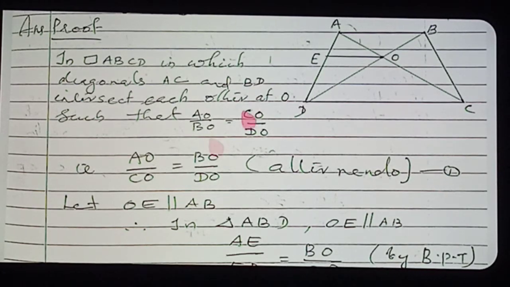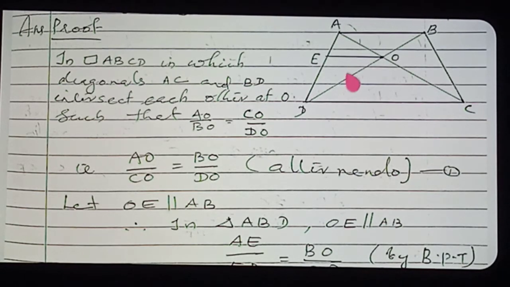Now listen. Suppose OE is parallel to AB only, you are considering. So then what will we prove? We will prove that OE is parallel to DC also. If OE is parallel to DC also comes, then what can you say? AB is parallel to DC, we can say. That is the method of the proof. Your question is to prove that any one pair of opposite sides are parallel. The meaning is that we want to prove that AB is parallel to DC. Clear? So we are supposing that OE is parallel to AB.